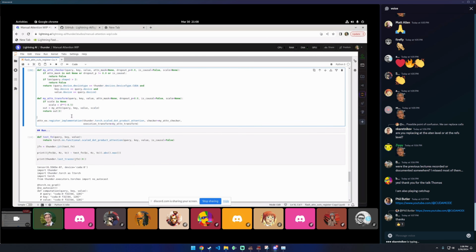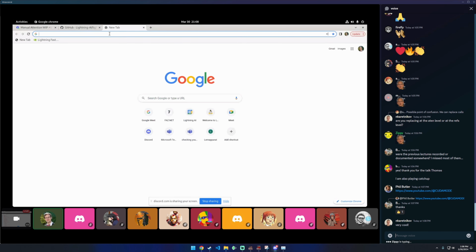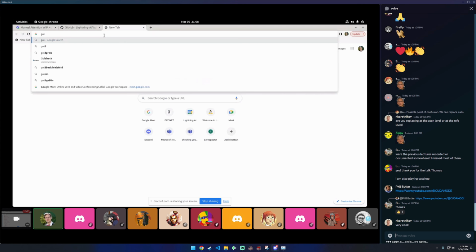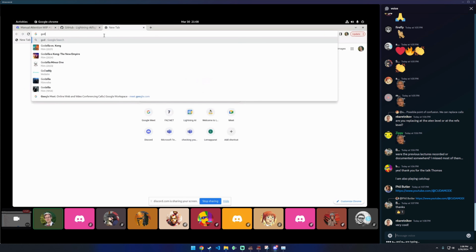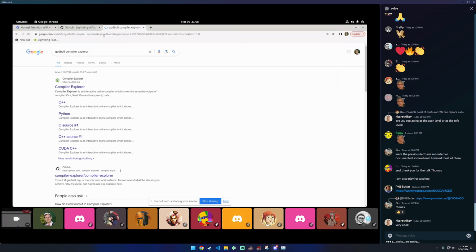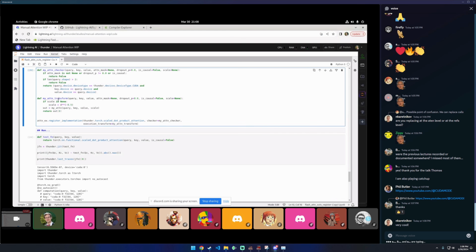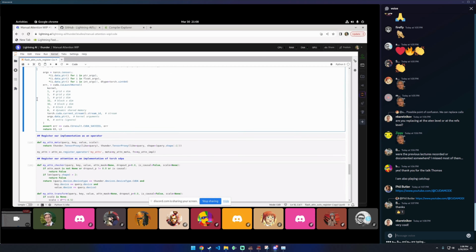Okay, so the register spilling. Now I have the Godbolt on the other computer. There it is for CUDA. And if I put in my